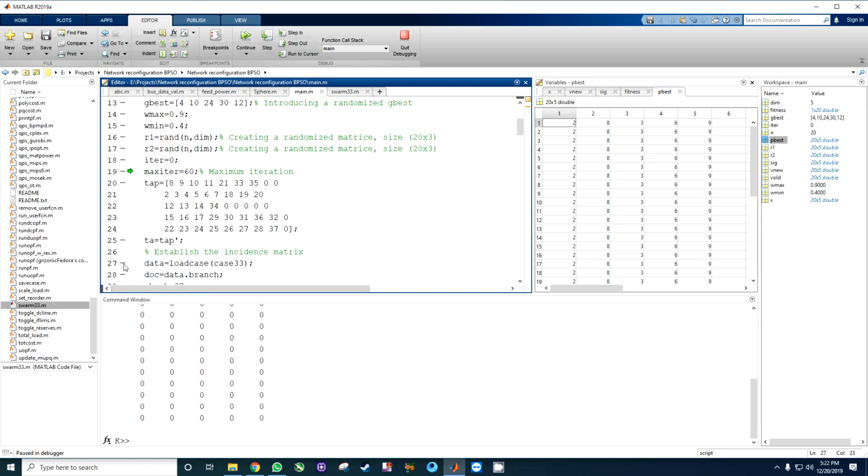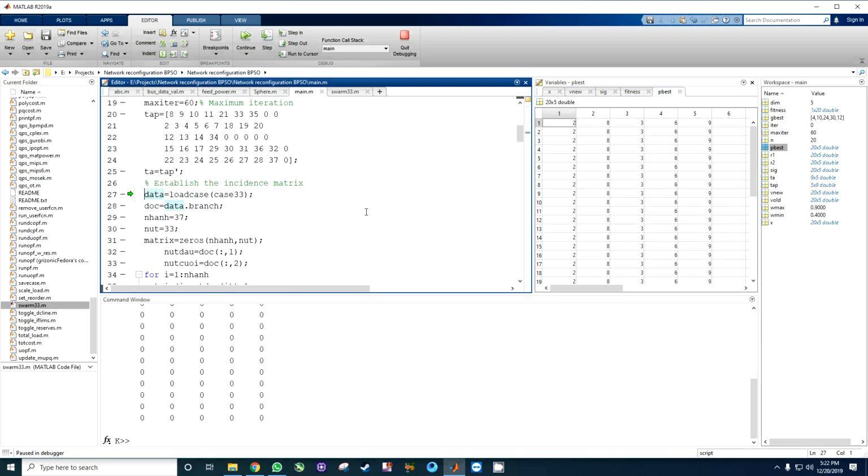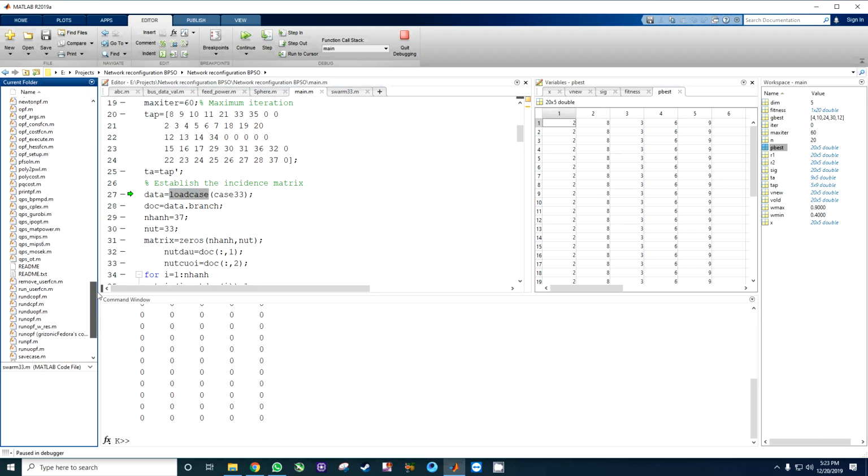So in this file, let me click on the run and run to cursor. There is the file, and when you want to change, let me explain it. So here is the data file, load case. Here again data is accessing this file, load case 33. So open the case 33.